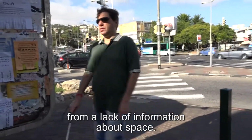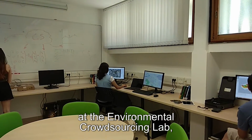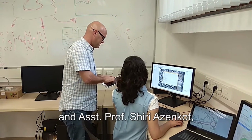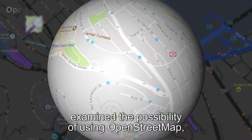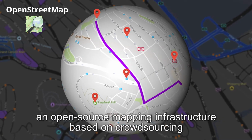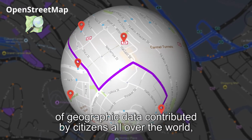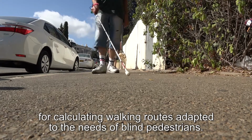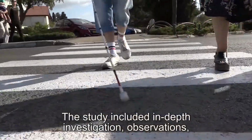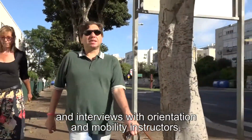of information about space. A study carried out by Achituv Cohen at the Environmental Crowdsourcing Lab under the supervision of Assistant Professor Sagi Daliot and Assistant Professor Shiri Azenkot examined the possibility of using OpenStreetMap, an open-source mapping infrastructure based on crowdsourcing of geographic data contributed by citizens all over the world for calculating walking routes adapted to the needs of blind pedestrians. The study included in-depth investigation, observations, and interviews with orientation and mobility instructors, as well as with